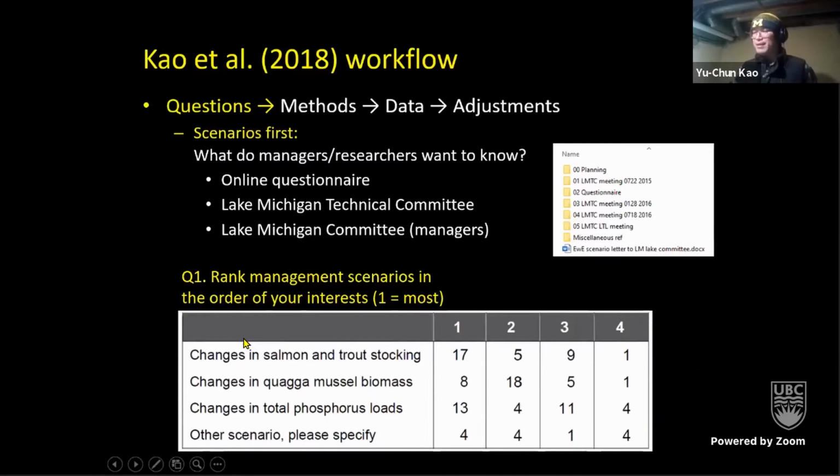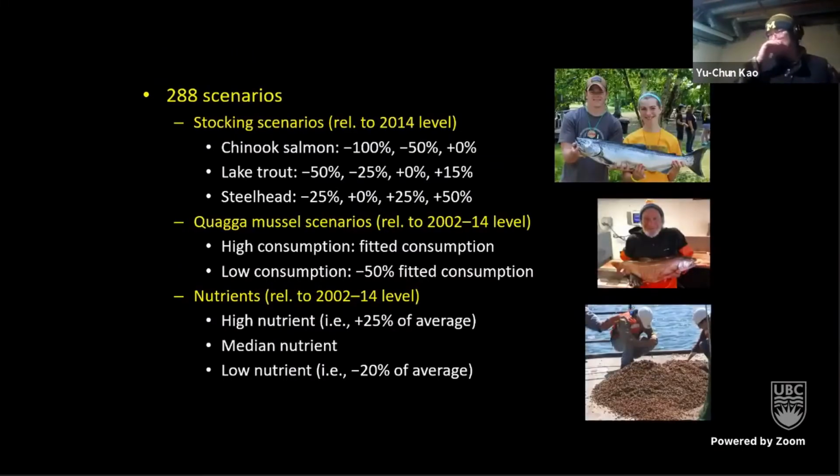So you don't need to know these. The bigger picture is managers from different branches wanted to know different things. So we don't really have a consensus on what they really wanted to know. So at the end, we have a lot of scenarios. We have different scenarios for stocking different salmon species, different scenarios for quagga mussel consumption, and different scenarios for